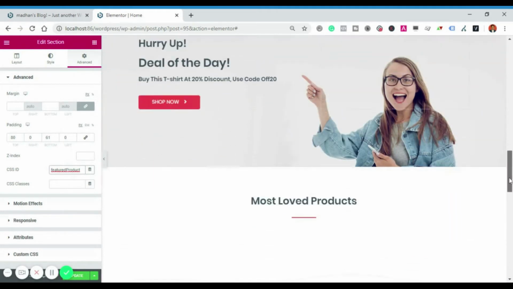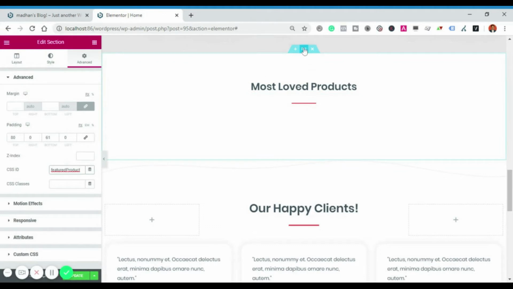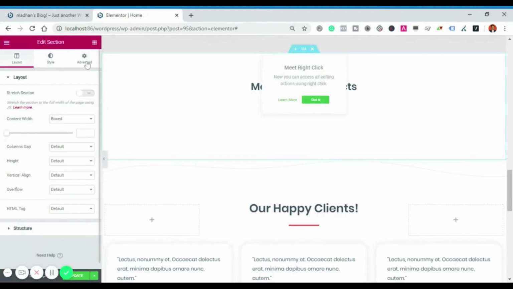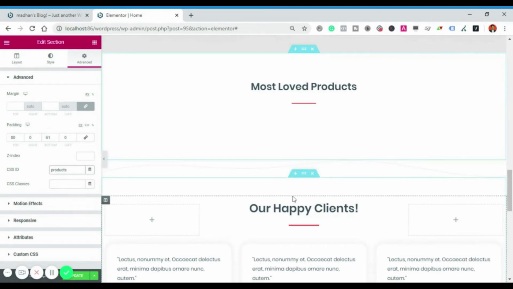Now there is a call to action. Scroll down further. Most loved products. Let's click on this, navigate here, and provide whatever name you want. There are no specifications, but make sure you provide unique names to individual sections.